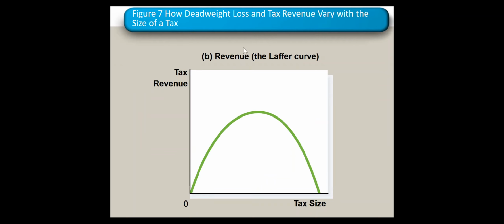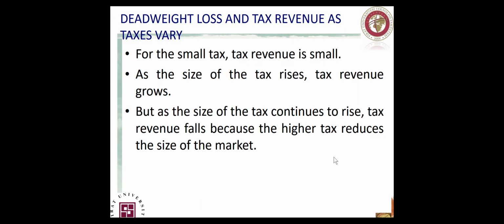Now, for the revenue of the tax itself, we have the Laffer curve, and this curve is stating that the revenue from the tax will start at zero when its magnitude is zero. It will grow while its magnitude is increasing up to a limit. We will reach the peak somewhere. After that peak, the larger the size of the tax, the smaller the revenue will be. Why? Now, let me show you again.